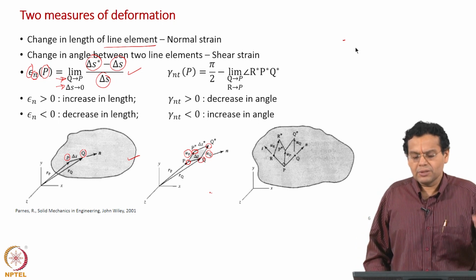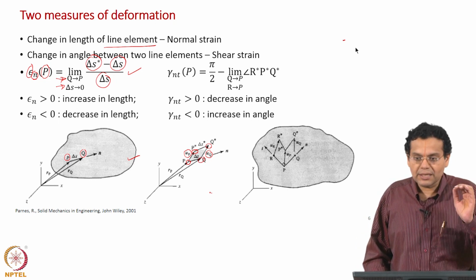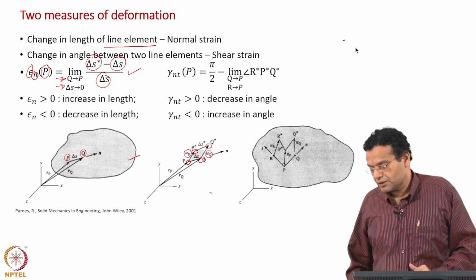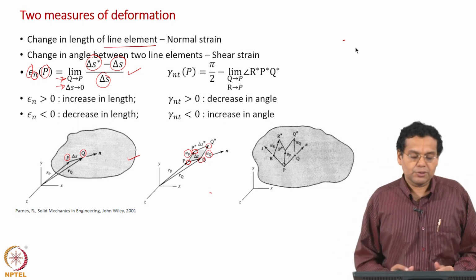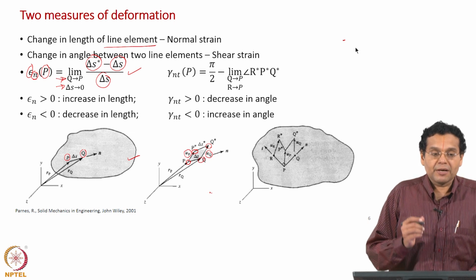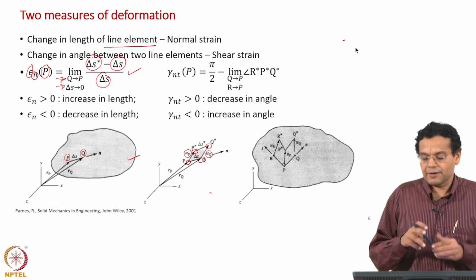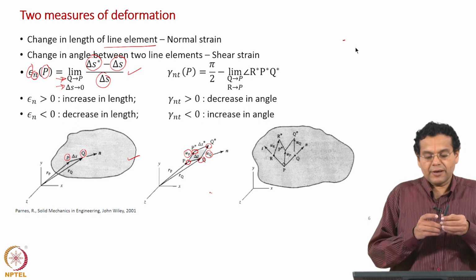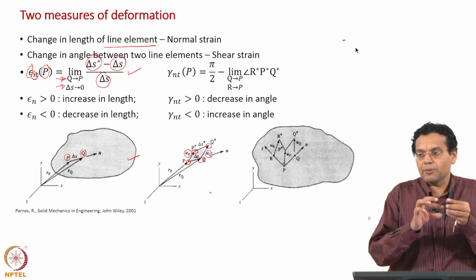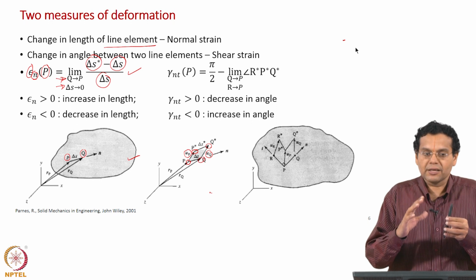The significance is known to you, change in length by original length. The only difference, which is required for the scope of this course, is that we have defined normal strain locally. We will see an example. In fact, using this we can find the normal strain at every point along the rod or along the length of the thread.